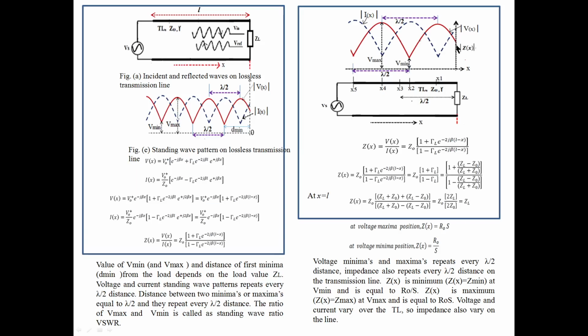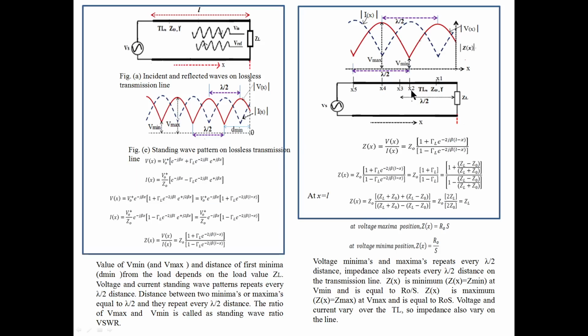Okay, that we discussed. So this is a voltage waveform, and this is a current waveform, and impedance also varies over the transmission line as you move, because of the voltage variation. See, this is the load point. If you move like this, towards the generator, this is towards the generator we are moving. If you move like this, it is towards the load. You should have the correct understanding here.